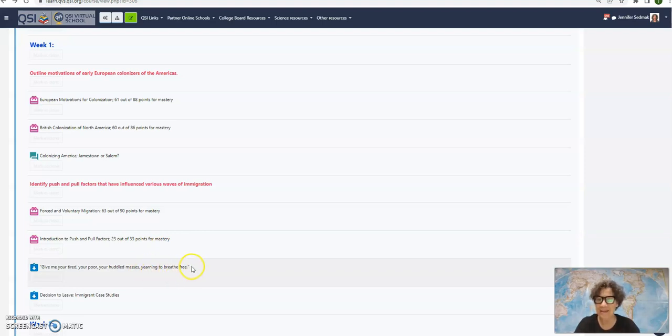Perhaps you recognize this first line of Emma Lazarus's poem, "Give me your tired, your poor, your huddled masses yearning to breathe free." For many immigrants who came to the United States, they experienced the Statue of Liberty. That was the first thing that they saw as they were coming upon the American shores. And I have some questions. You'll analyze that poem, that very famous poem, and get to learn about the Statue of Liberty.